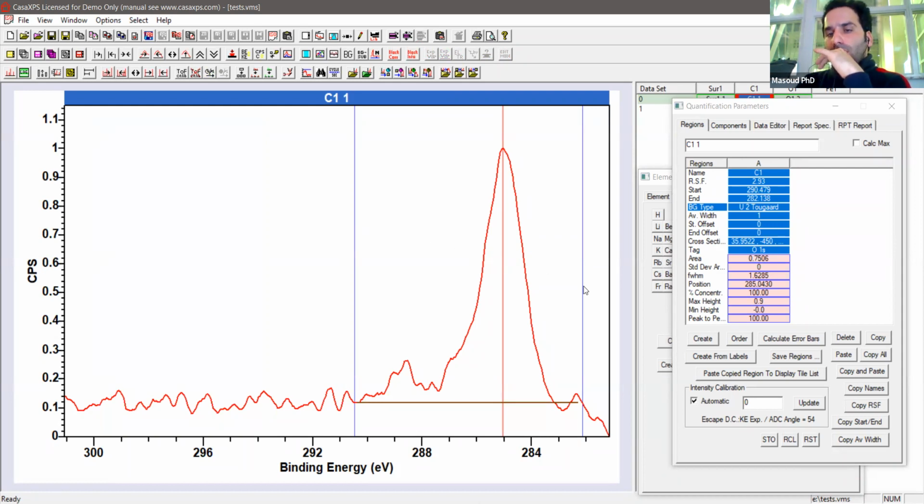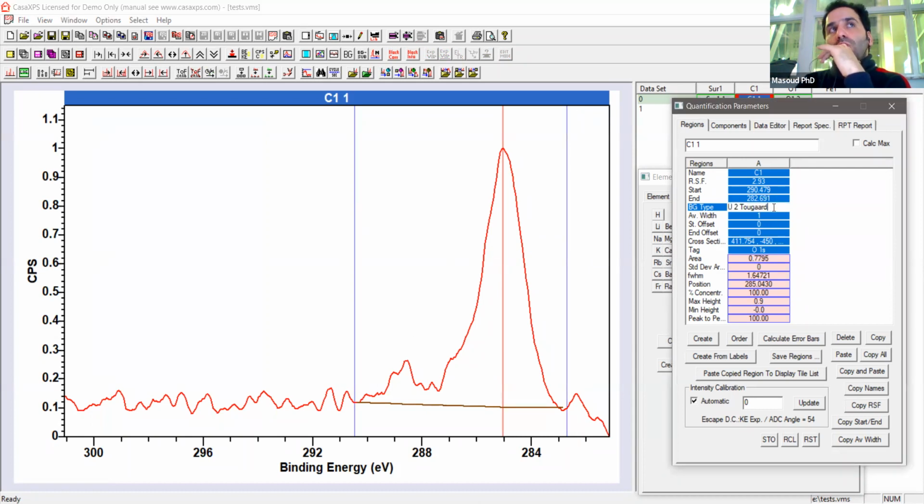So here I see that my peak starts from here and also ends here. Then you need to define which type of background you are going to use. You can use Tougaard, you can use Shirley, and linear or non-linear backgrounds, but the one which usually gives us the most correct